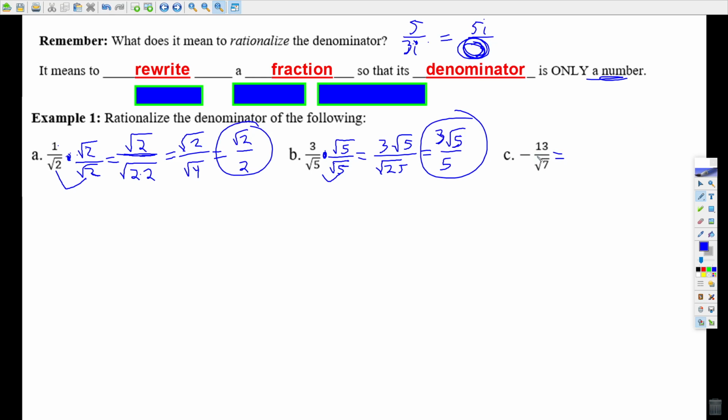Okay, and the last one we have here, we have negative 13. Oh, wait, let's back up. I'll just immediately put the times symbol here. So we'll multiply by what? Get rid of the square root of 7 by multiplying by the square root of 7. So the top becomes, we'll just put the negative on top there, negative 13 times the square root of 7 over,